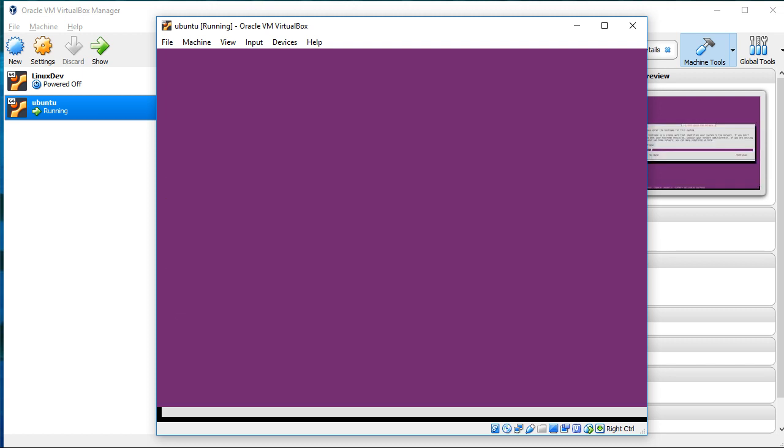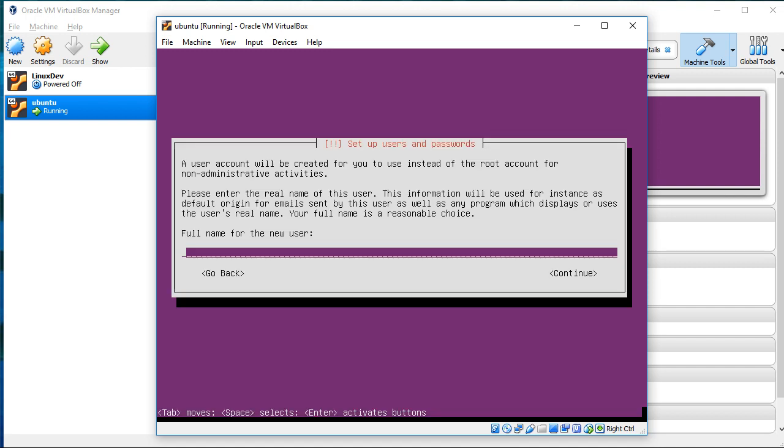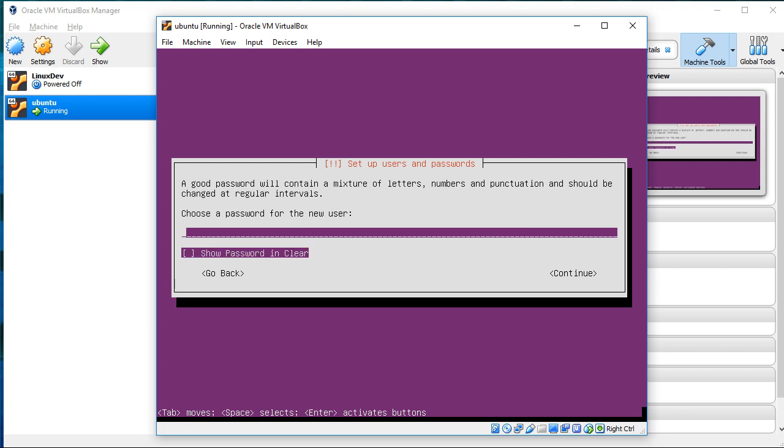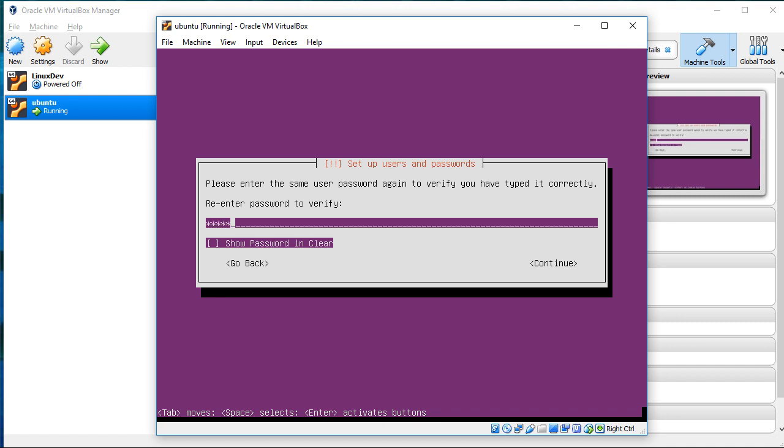Okay, I'm going to call it Ubuntu. Here I'm going to use user. I suggest you guys do the same if you want to follow this tutorial step by step with copy and paste stuff. User. I'm going to go 1 2 3 4 5 1 2 3 4 5 because this is